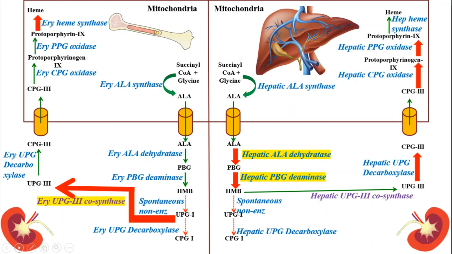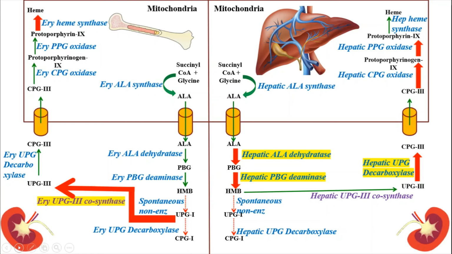When the defective enzyme is erythropoietic UPG3 co-synthase or synthase, it is called congenital erythropoietic porphyria. When the defective enzyme is hepatic UPG decarboxylase,